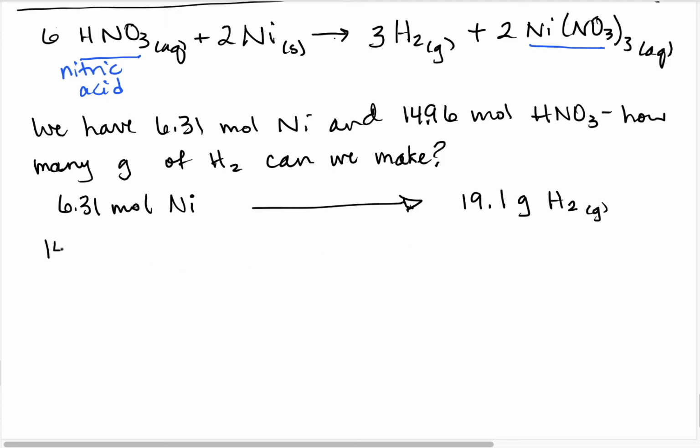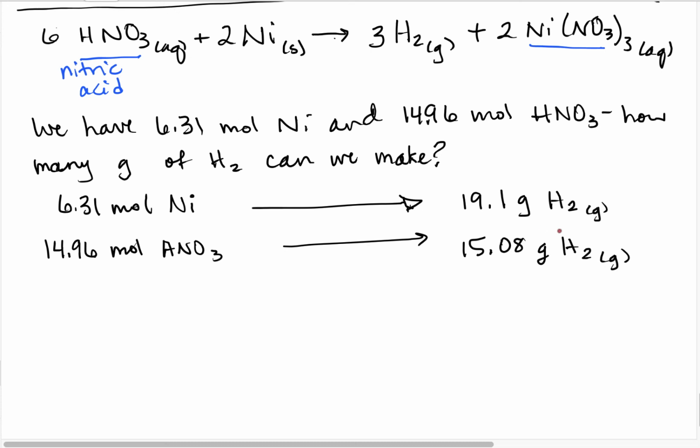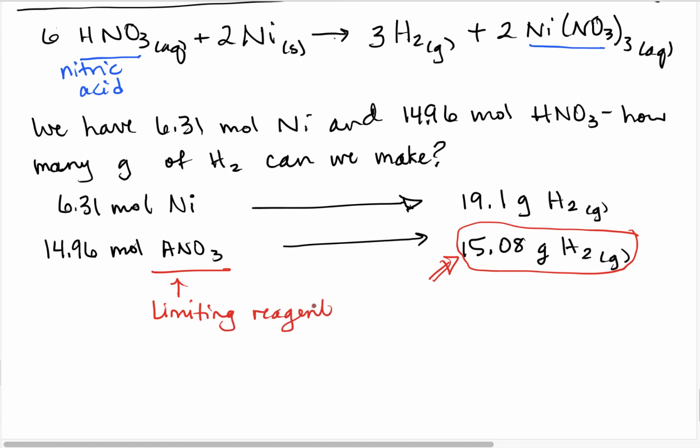If we start with 14.96 moles of HNO3, then we will get 15.08 grams of hydrogen gas. So which one's the correct answer? It's the smaller one. It turns out that nitric acid is our limiting reactant or limiting reagent. Because we run out of it first, and so we can only make as much hydrogen gas as there is